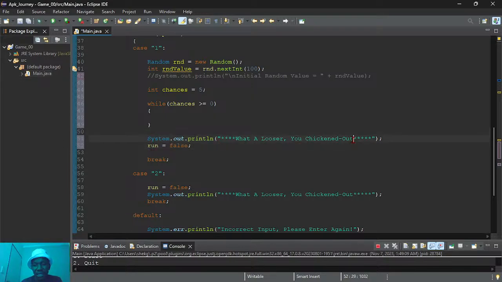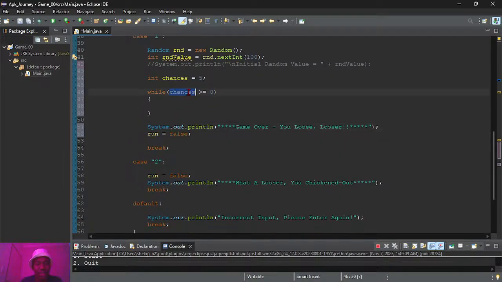So we say game over, you lose, loser, something like that. And then you quit, only if the chances run out. If they did not run out, this won't be displayed. I think that's the concept.